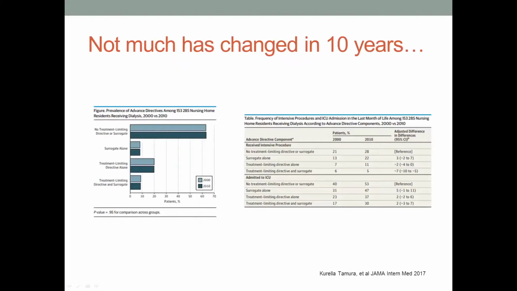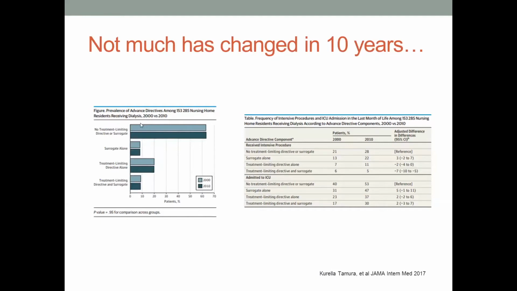And you can see on the very left-hand figure, the light blue represents the year 2000 and the teal 2010. And just graphically, you can see that not much has changed in terms of having a surrogate, having some kind of treatment-limiting directive, or having a treatment-limiting directive and a surrogate. The vast majority, as you can see here, do not have